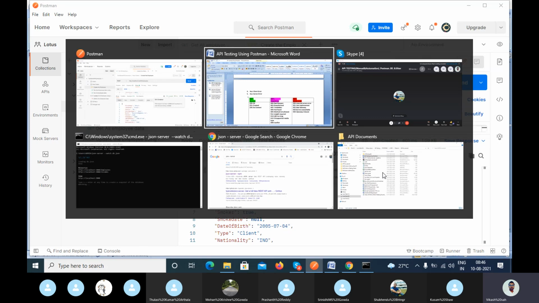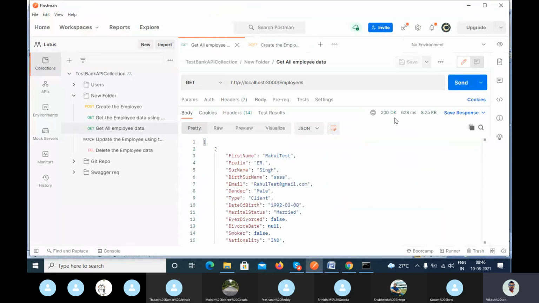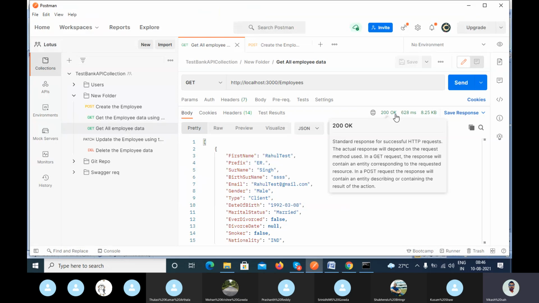Guys, have you noticed one thing, along with the 200, OK is also displayed. Whenever a developer implements this particular status code in his architecture or in his code, they also use OK.